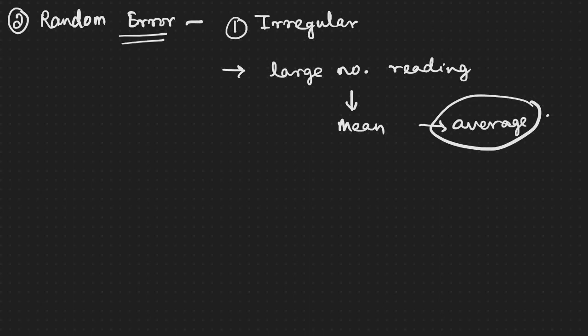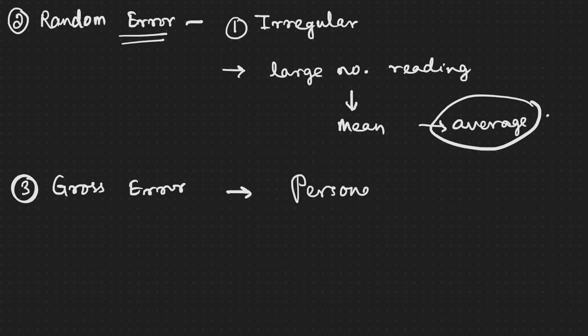Okay, now how it is being calculated. So before that I will simply finish the gross error, then I'll go to how to calculate the error. Gross error, what is it? These errors occur or arise on account of sheer carelessness of the observer. It can be taken as a personal error, it can be written as a personal error, but it is a